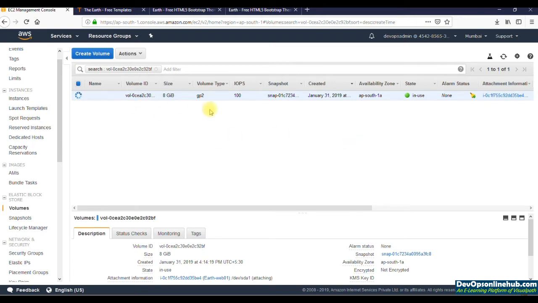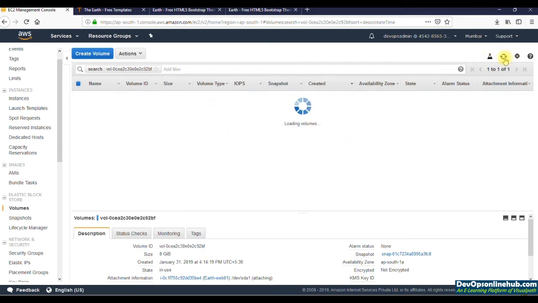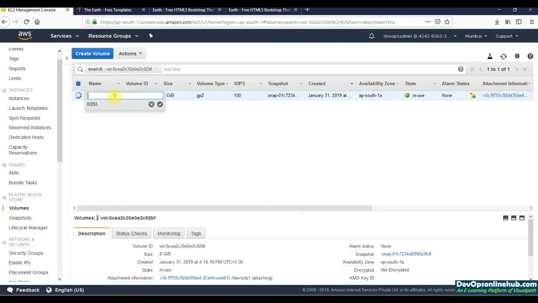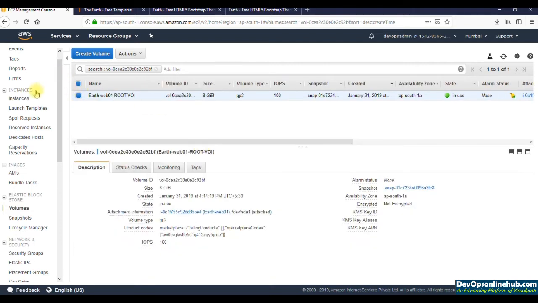So that's the root volume, 8 GB, which contains the operating system, and it's always better you give it a name. So I'll say earth-web01-root-vol. Let's go back to our EC2 instance,